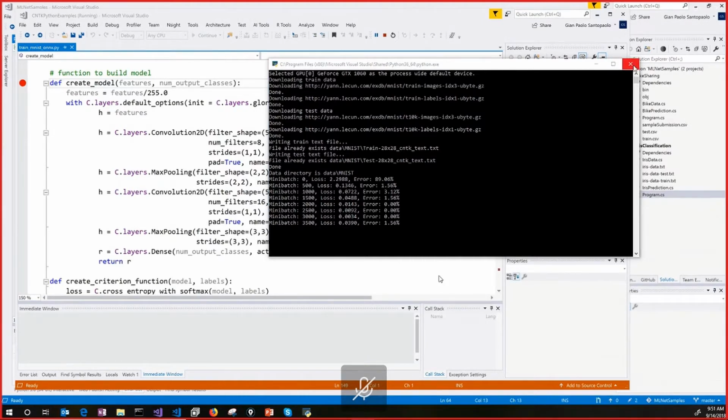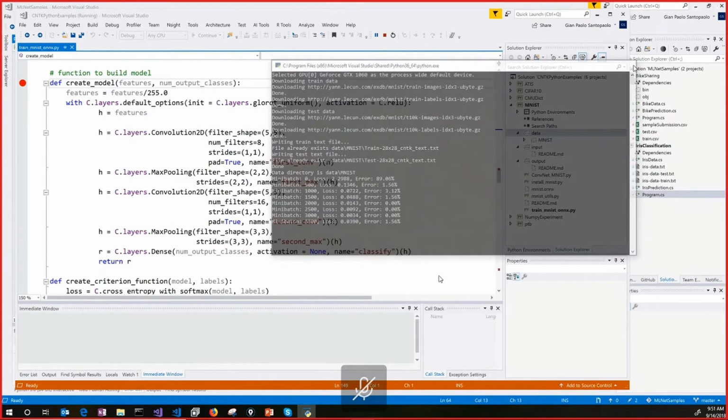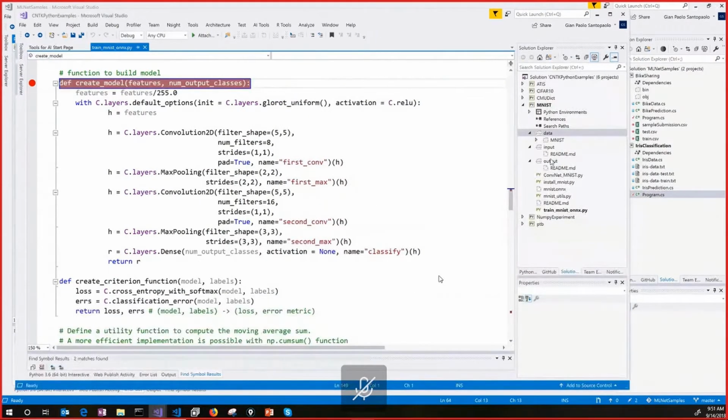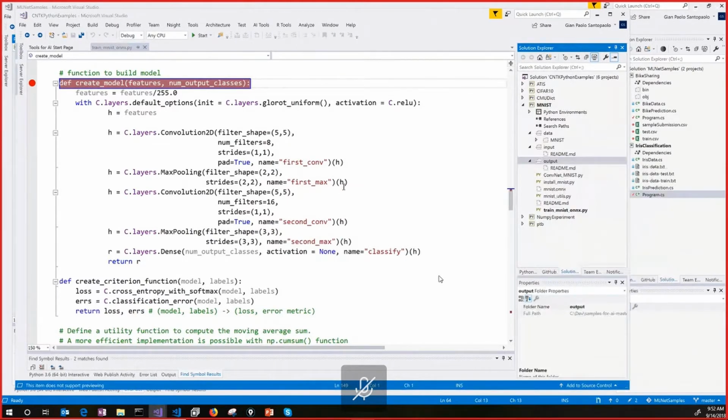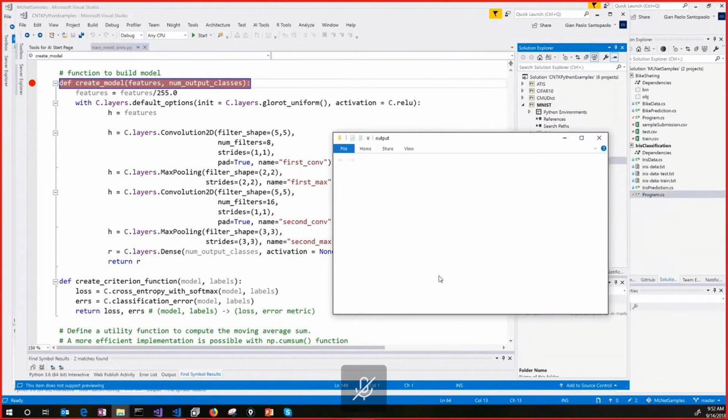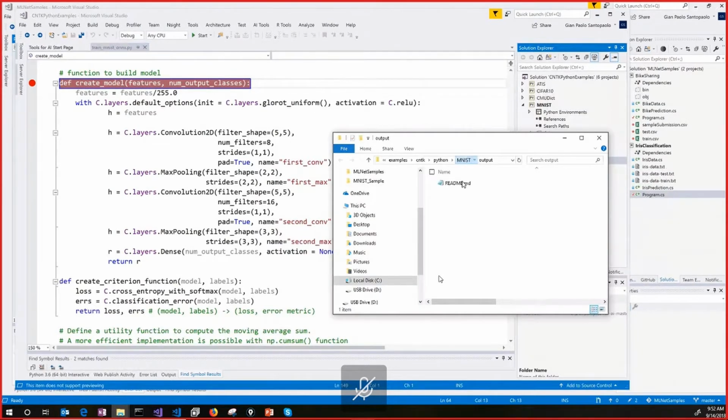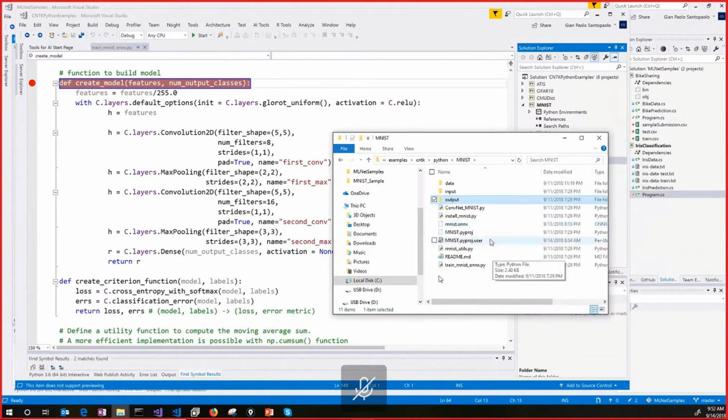Okay, let's stop this. We already have the result, and we can get the result over there. Open. Okay, we can open it in File Explorer if my laptop is able to do it, though it's a bit slower. And here we go. This is the model, the CNTK one already. This is the last line of the code. Let's see, it's over there.